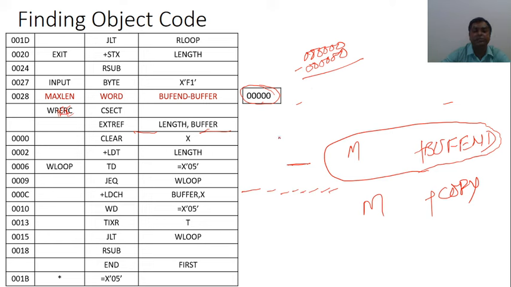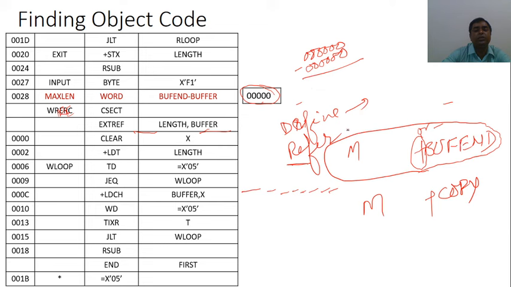That means in the revision what will we do? We will just use the modification flag, plus or minus, and the symbol which we want to add or subtract. And there is one more requirement here: how will you mention which symbol is referred and which symbol is defined here? For that purpose, when I am considering the control section, there are two records that are used. One is the define record, and another is the refer record.